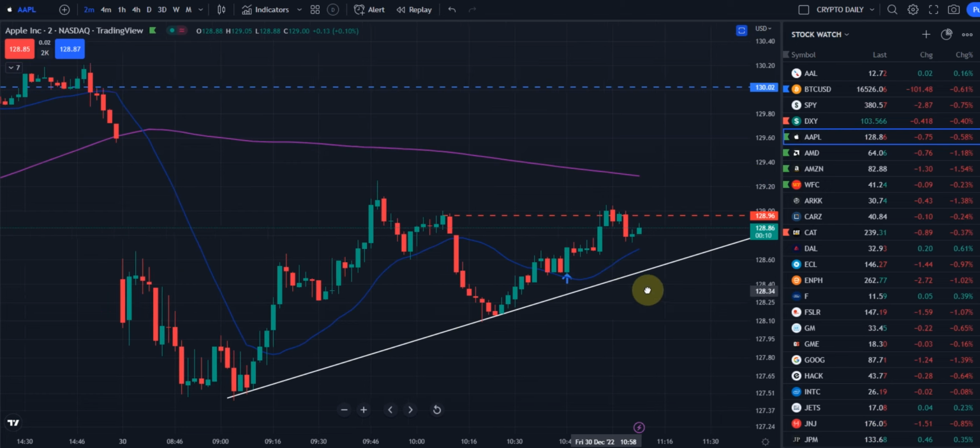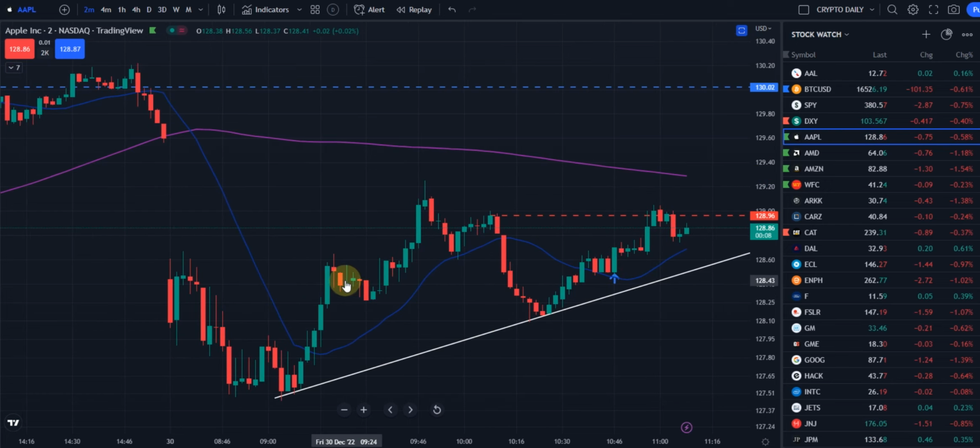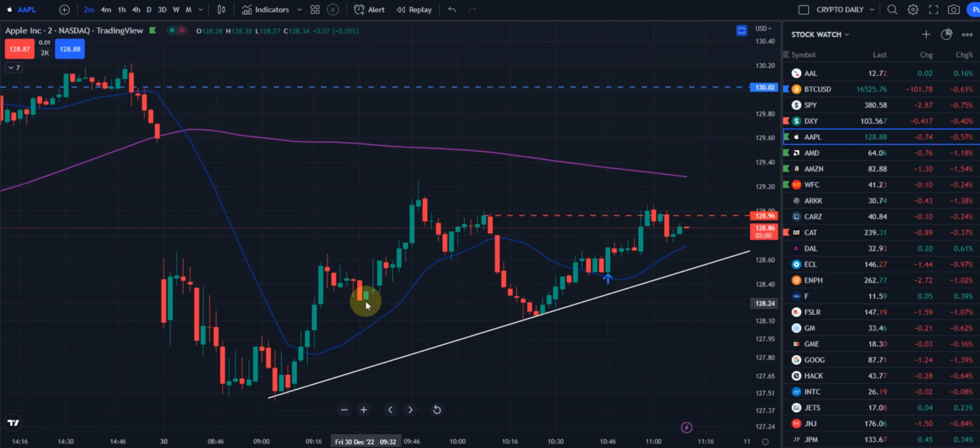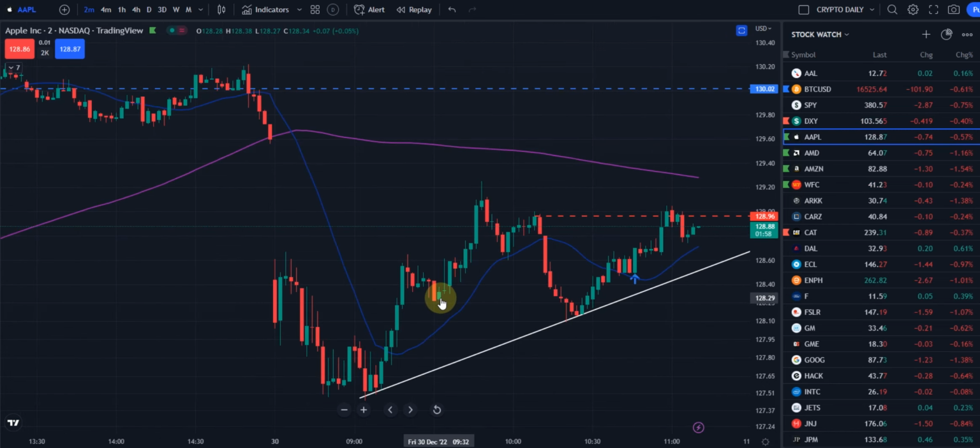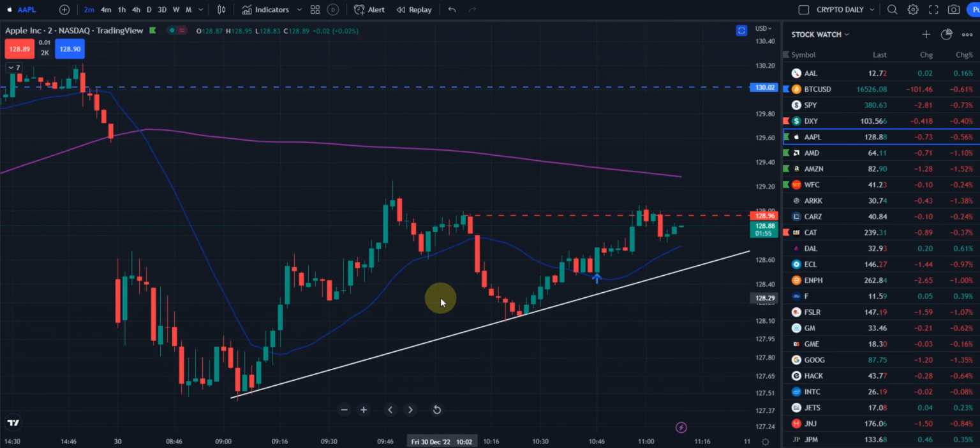Let me see if I see another one. Well, here's a two up inside that red candle. See, just like we're talking about, then boom, boom, quick day trade there. You know what I'm saying? And let me see if I see something else. And then this big wick here, sell off wick.